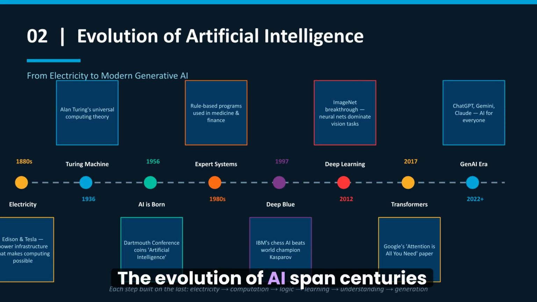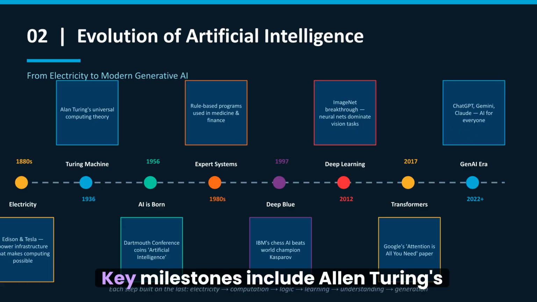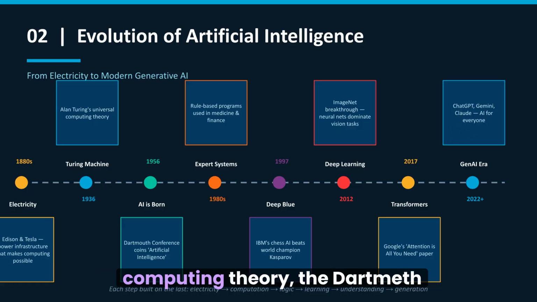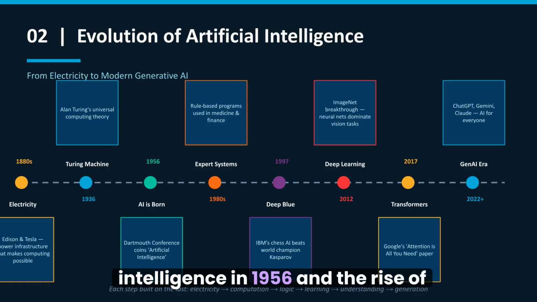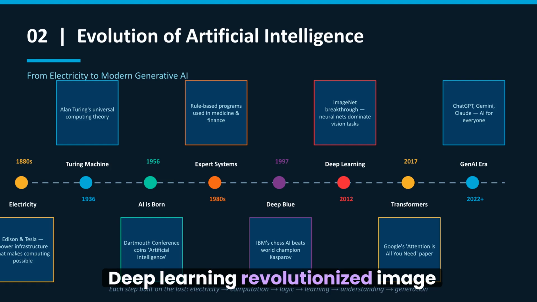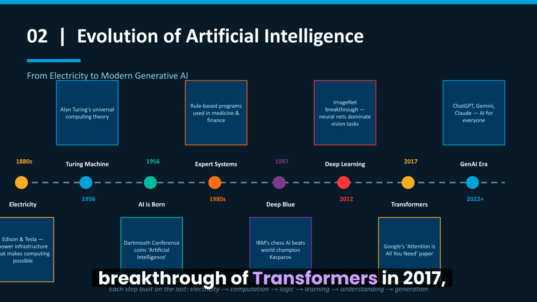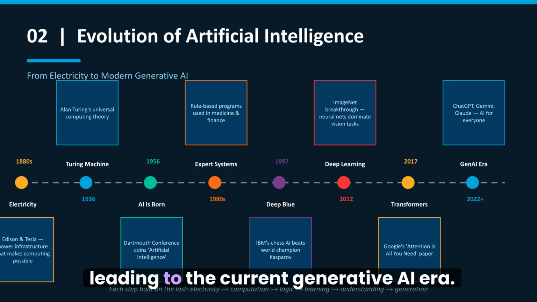The evolution of AI spans centuries, starting with basic electrical infrastructure. Key milestones include Alan Turing's computing theory, the Dartmouth Conference coining artificial intelligence in 1956, and the rise of expert systems. Deep learning revolutionized image recognition in 2012, followed by the breakthrough of transformers in 2017, leading to the current